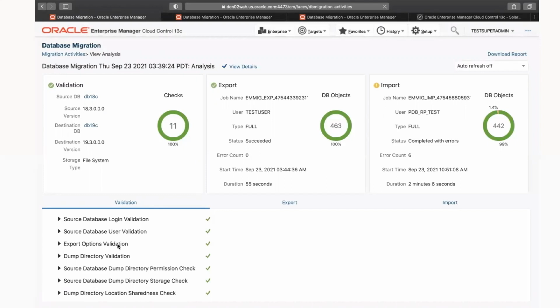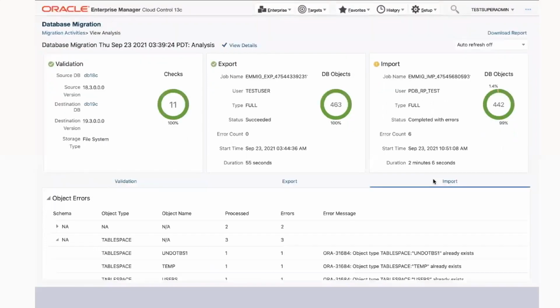The Migration Workbench ingests the data pump logs and data from its master table and renders the same in an easy-to-view format for the user. In this case, we see that export was 100% successful, but there seem to be some few issues in the import. The detail shows that it encountered issues due to some existing tablespaces such as undo tablespace and temp tablespace. We can ignore the same for now, not an issue. Finally,